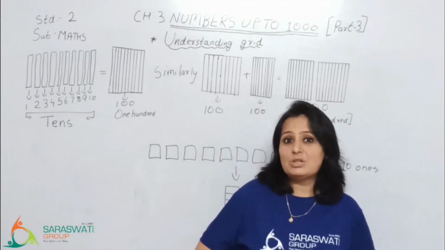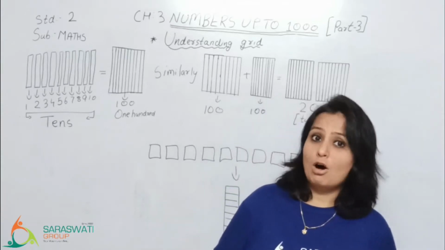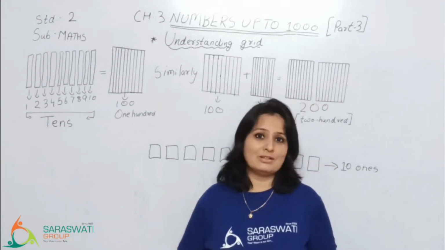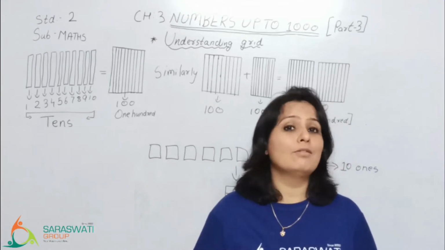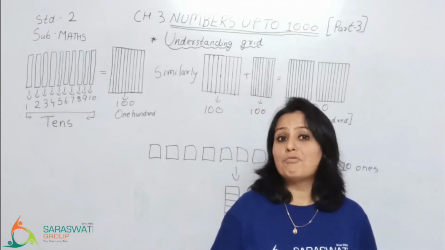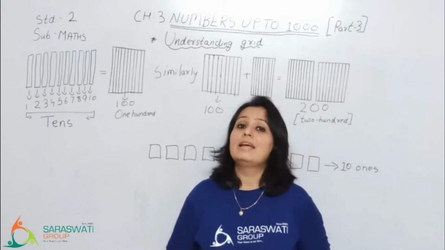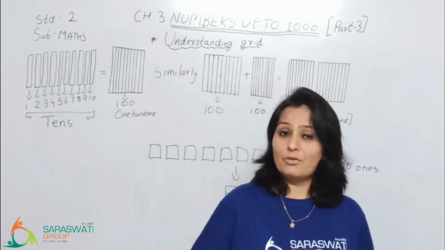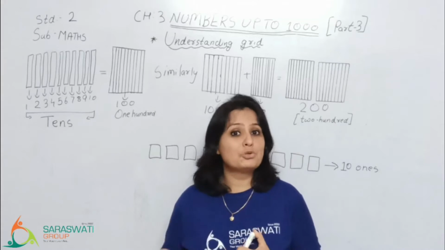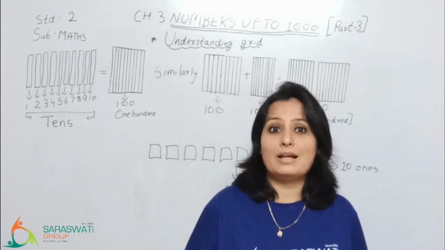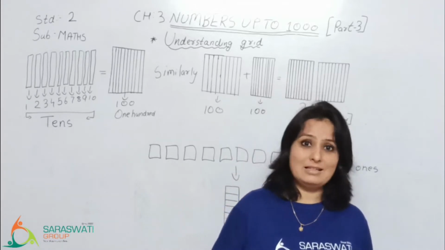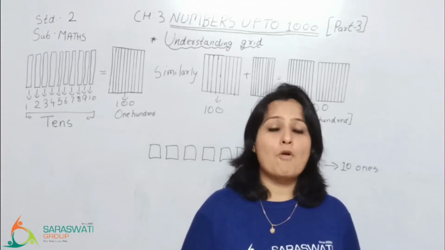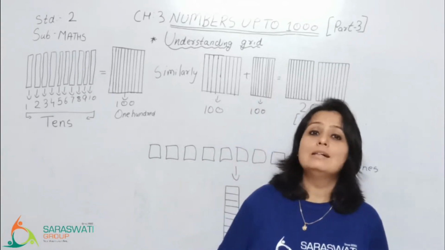Students, we are meeting today for our third session of chapter number 3 named Numbers up to 1000. Before starting our lecture, let me give you a recap of what we did in our last lecture. We understood what place value of numbers is. Remember, place value is the position of the digit when a digit is placed at the ones, tens or hundreds place. The other thing we learned was expanded form, that is, how to expand a number.